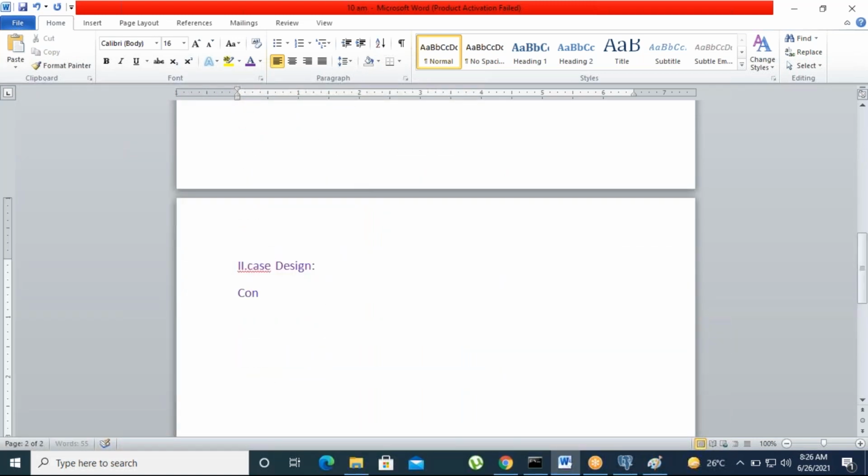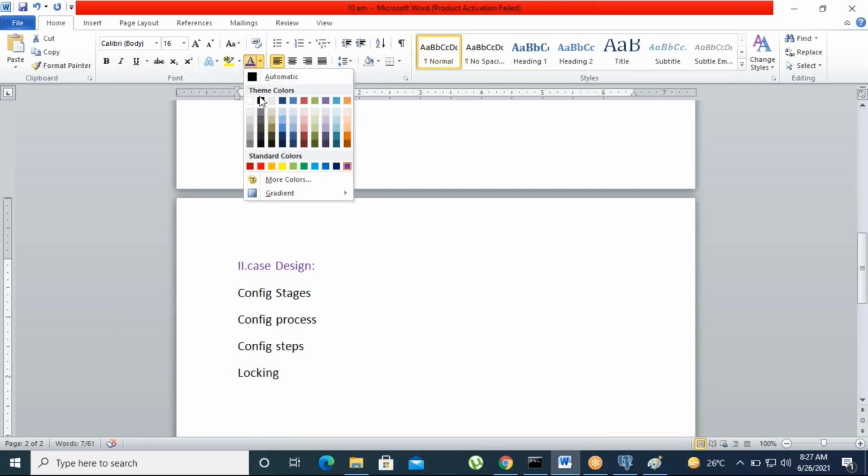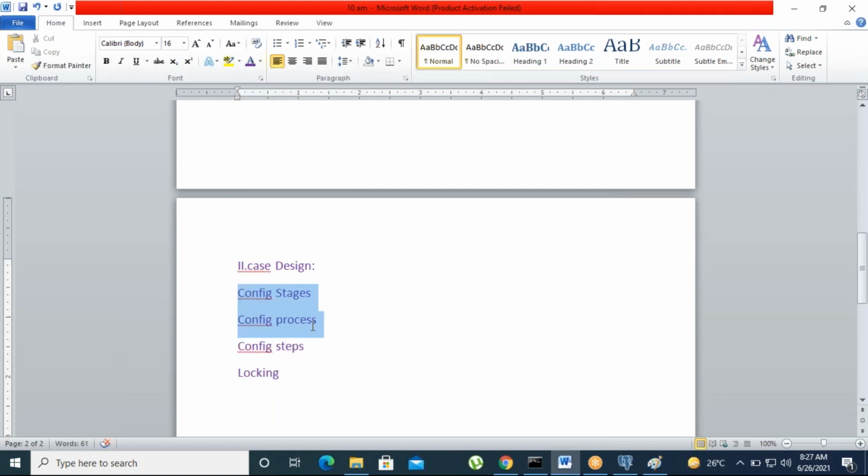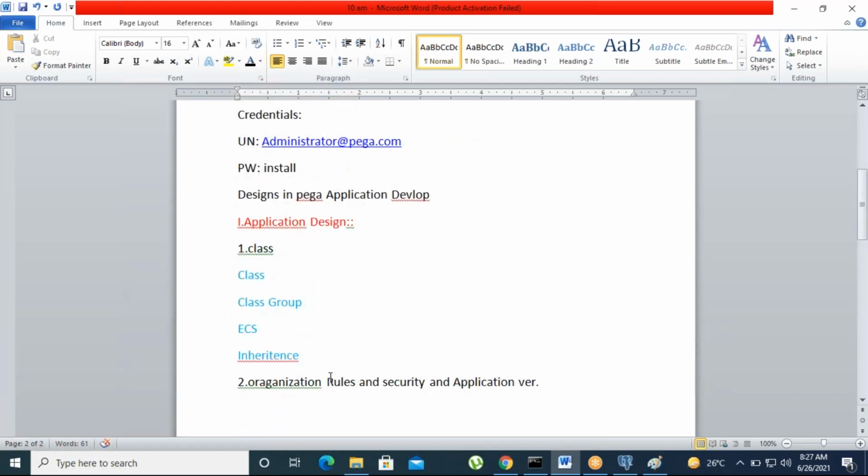So we can go for configuration of the stages, and configuration of the processes, and configuration of the steps. And locking also, there is some locking concept. So these are all the concepts that will be there in case management. There are some other concepts also that will be covered chapter wise, no problem. Okay, this is case design. Okay guys, configuration of stages, process, steps and locking, and then we'll move on one